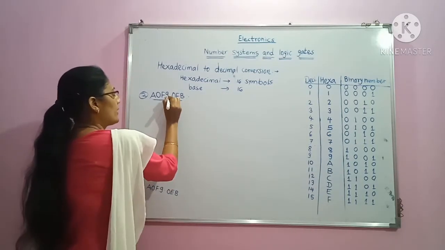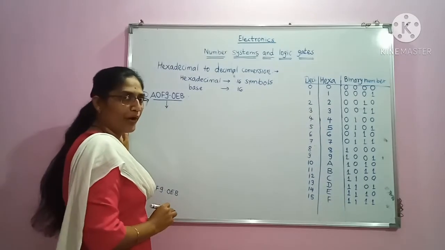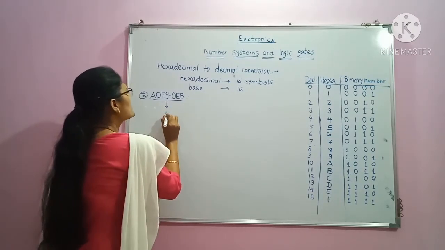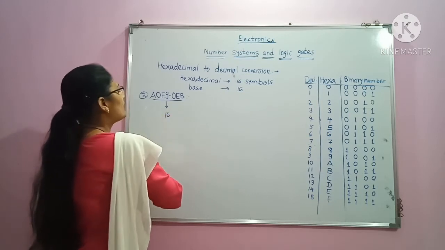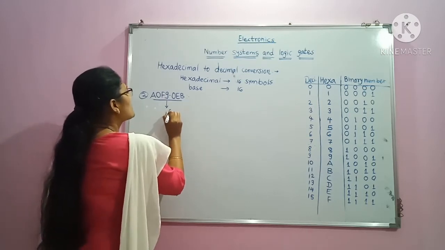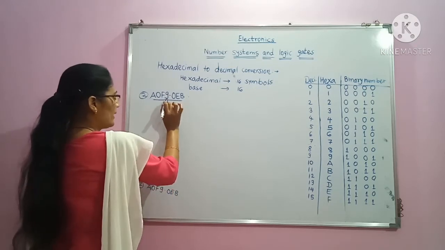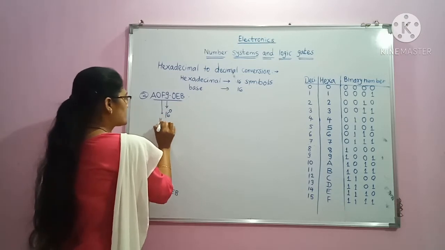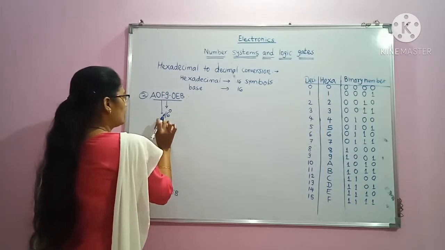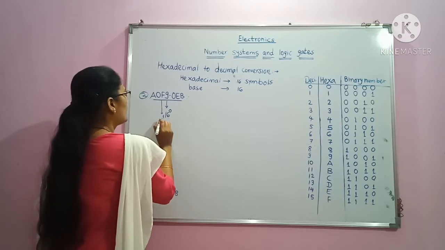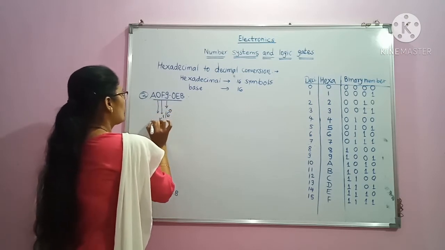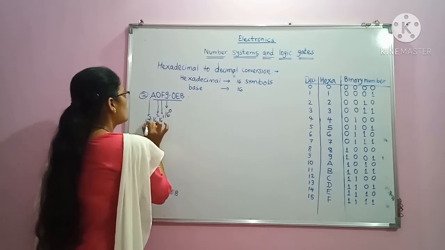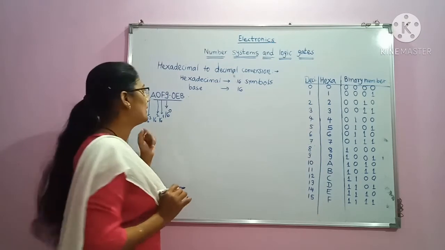I have to refer to the hexadecimal point, and towards the left I have to multiply with its place value or weight value, that is 16 raised to 0. I have to multiply this 9 with 16 raised to 0. I have to multiply this F by 16 raised to 1. Then I have to multiply this 0 by 16 raised to 2 and A by 16 raised to 3 in order to find its value.